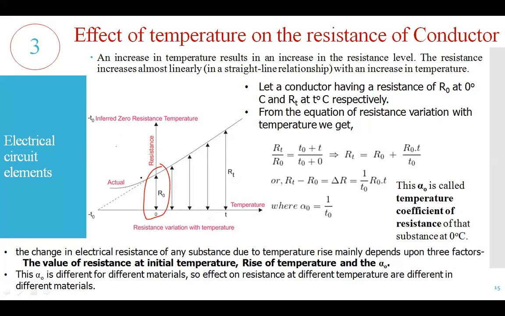So what is this case representing? Suppose this is 0 degree centigrade, the room temperature, where some resistance value is offered. But if you decrease the temperature of that conductor, it is not just like that, the resistance is always zero. In practical situations, it is not possible. Ideally we are assuming that this point meets over here at minus T0 degree centigrade. But in practical conditions, the resistance is not zero.